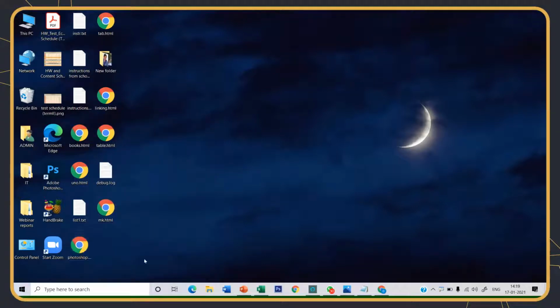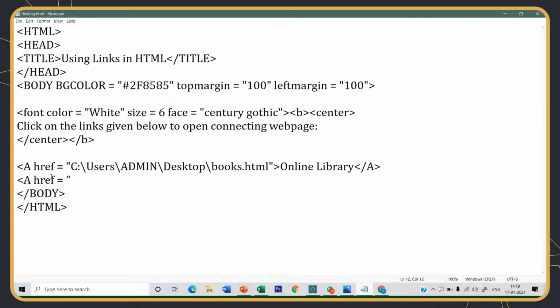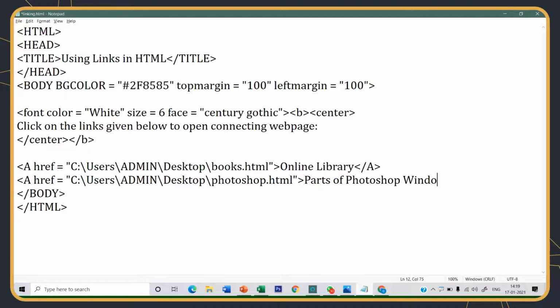Name of this is photoshop.html. Come back here, paste it, backslash, give the name photoshop.html. Close, then bracket. Now the text, parts of Photoshop window.